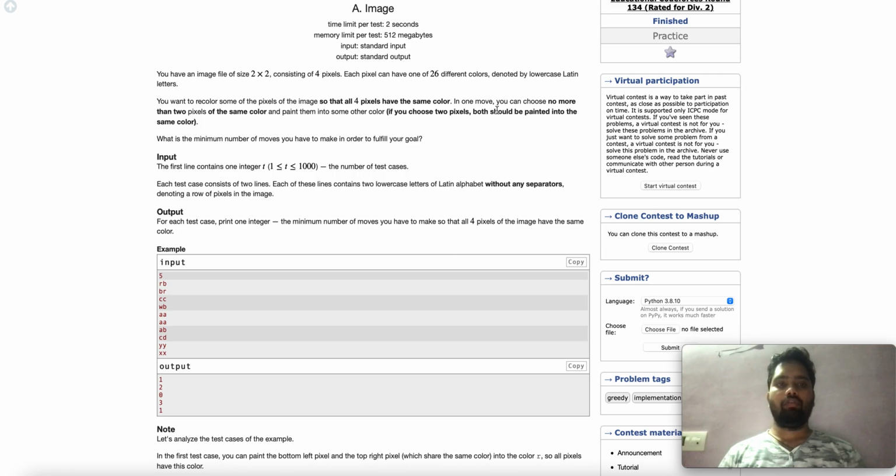In each move, we can choose any number of pixels with the same color, and then we can paint them together into a different color, right? But we'll have to pick only the pixels of the same color, and paint them all into the same different color. So if we pick 2 cells of color A, we can paint both into B or C or D or anything, but we have to paint both pixels with that same color only. In that way, we'll have to determine the number of moves required